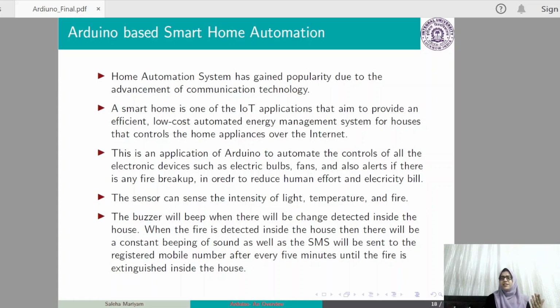So at some point this technology curve can saturate and this can create some problem. So all these things are there. From that, let's see what more smart home automation we can get. Like the sensor can sense the intensity of light, temperature, and fire. The buzzer will beep when a change is detected inside the house. And one more thing that is not mentioned here is,